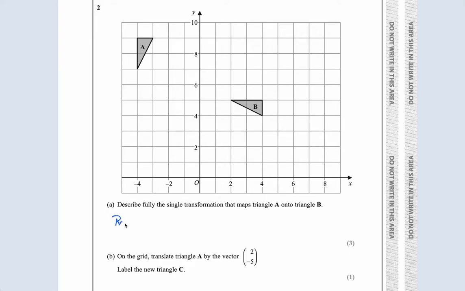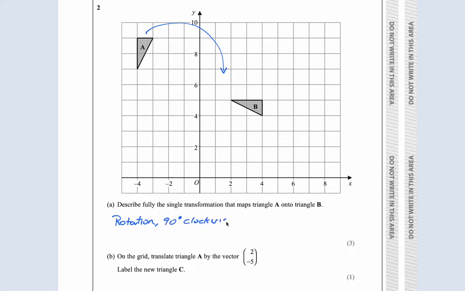First mark is for saying rotation. Then we need to say which direction. Well, we're rotating that way because the A is going to turn on its side, rotate into B, which is clockwise. And how much? Well, it's 90 degrees because we're just going to rotate it. I'll show you exactly why it's 90 degrees in a second, but it's 90 degrees